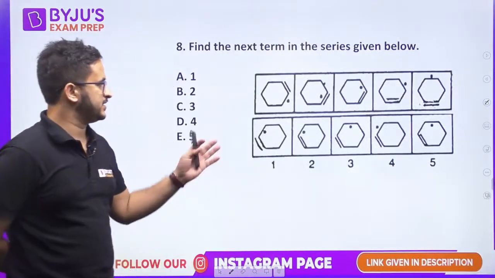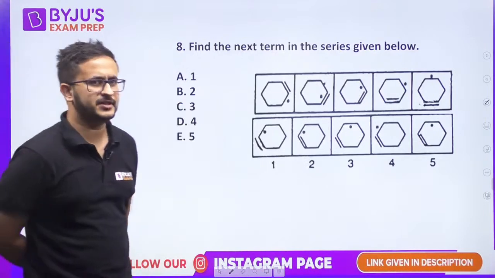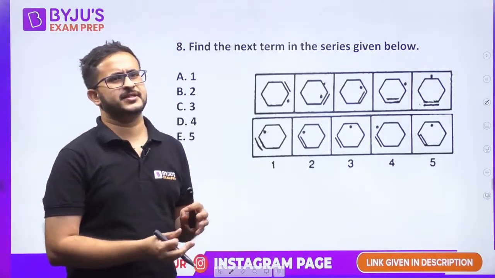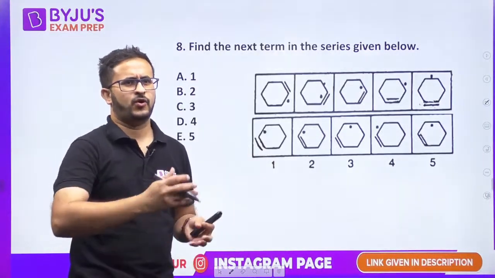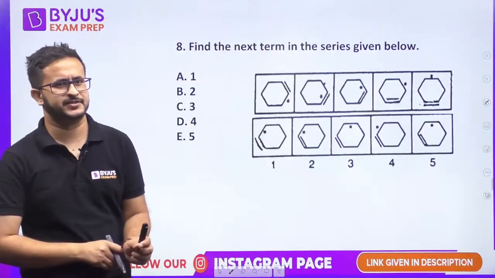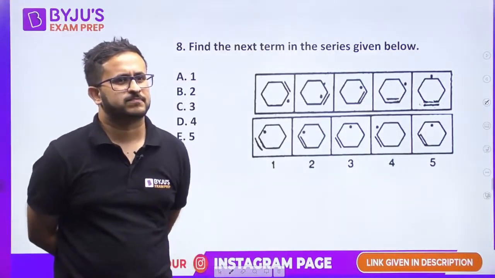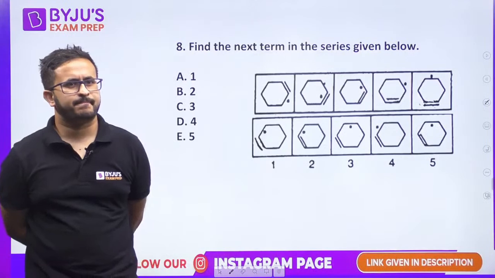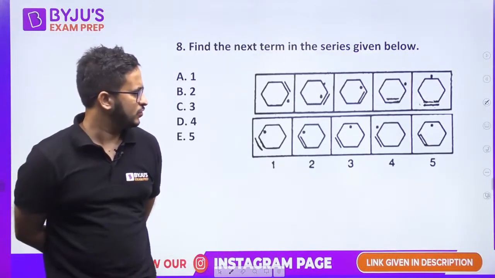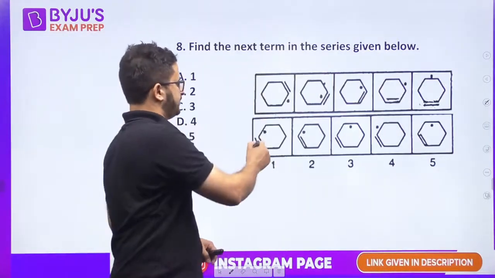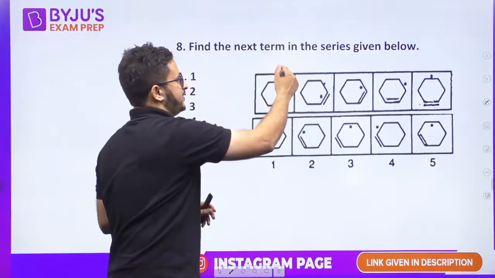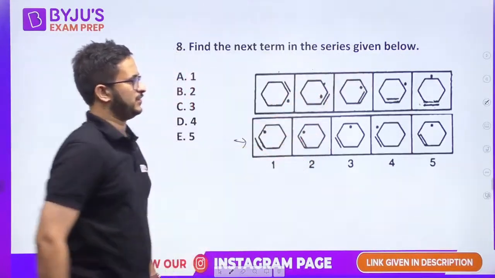Now we have a series in which you have to find the next term. So this type of questions come, like finding the next term in the series, analogy based, odd one out, paper folding, cutting, different varieties of questions. So these are your question figures, and you have to choose out of these. This is not complete, there are not 10, these are 5 elements, you have to find the next one.